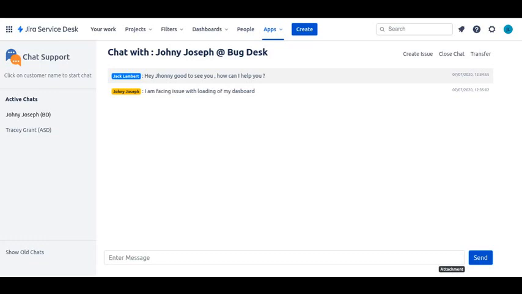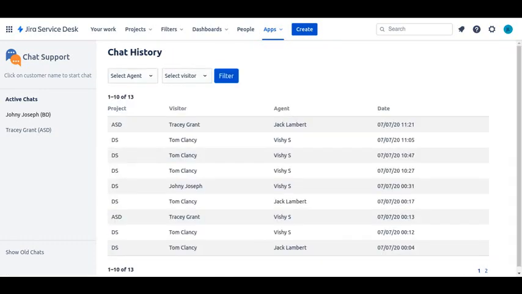Chat for Service Desk also offers an option to historically review all the chats which have happened on this account, and basically review and maybe create further follow-ups or any action points which are required. You can access the chat history by clicking on Show Old Chats in the navigation panel. Once you click on that, all the chats in this particular account to which you have access appear. If you have access to all the projects, you would see chats for all the projects. But if you have access to limited projects, you would be able to see the chats for those projects only.